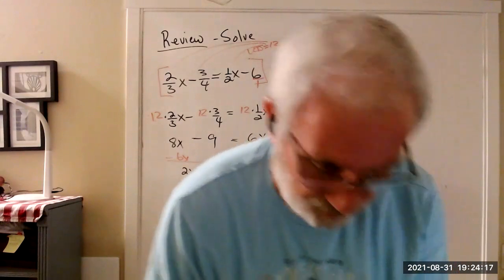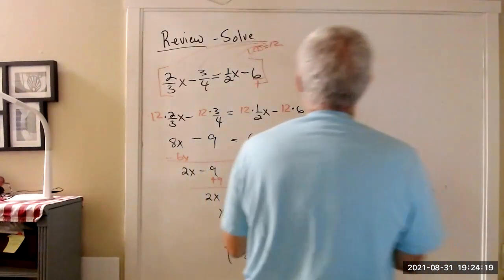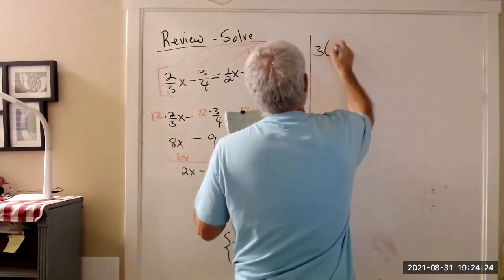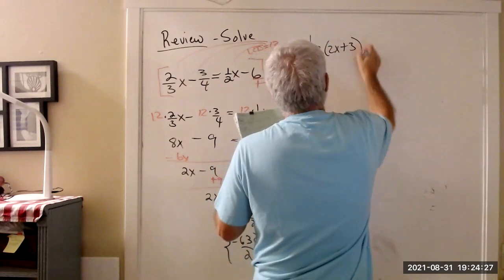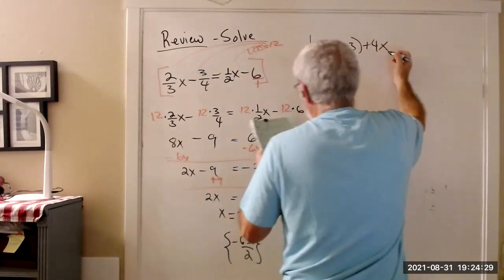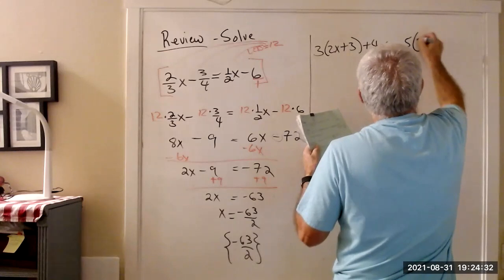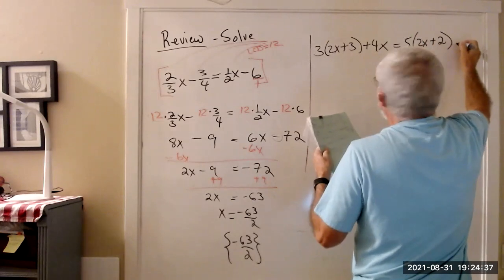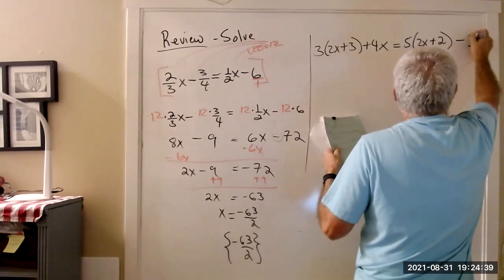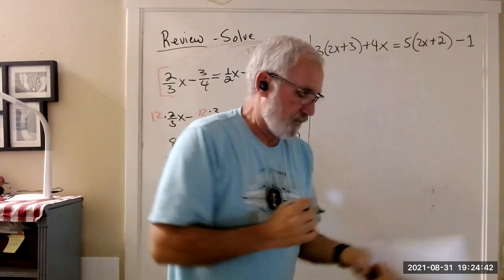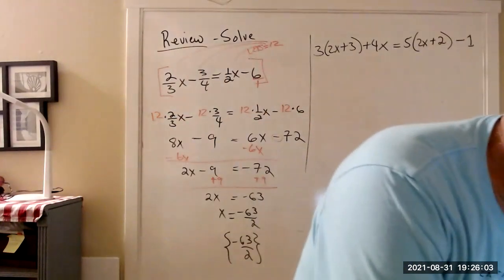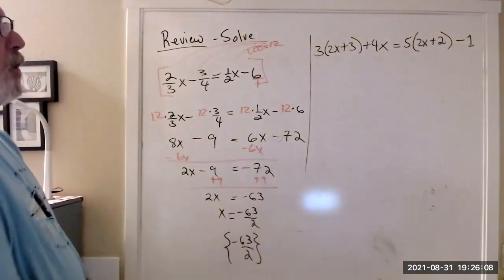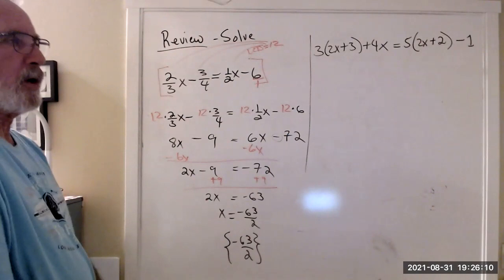All right, last problem I want to do, and then we'll go off into some brand new stuff. 3 times 2x plus 3 plus 4x equals 5 times 2x plus 2 minus 1. Okay, let's pause. So right about now, you should either be done or you should be at a point where something screwy is